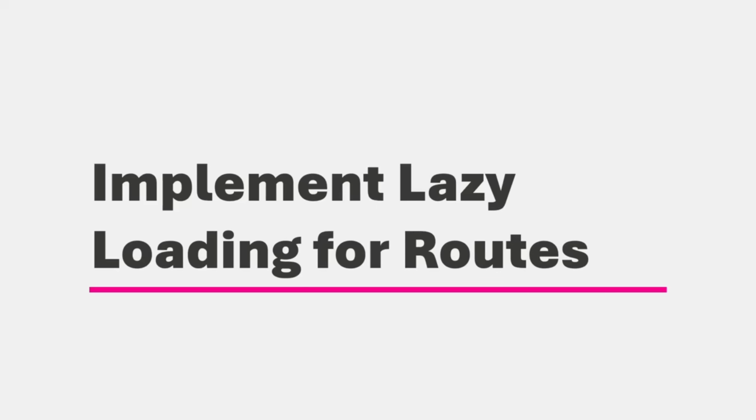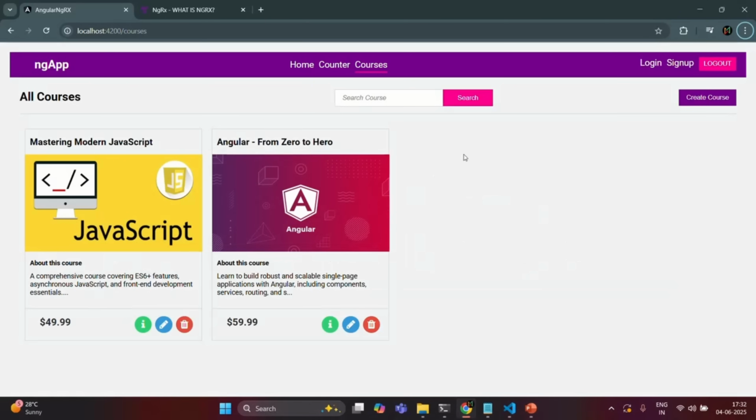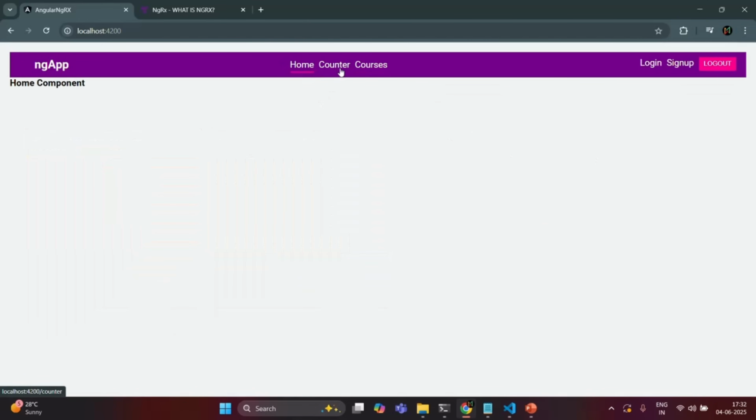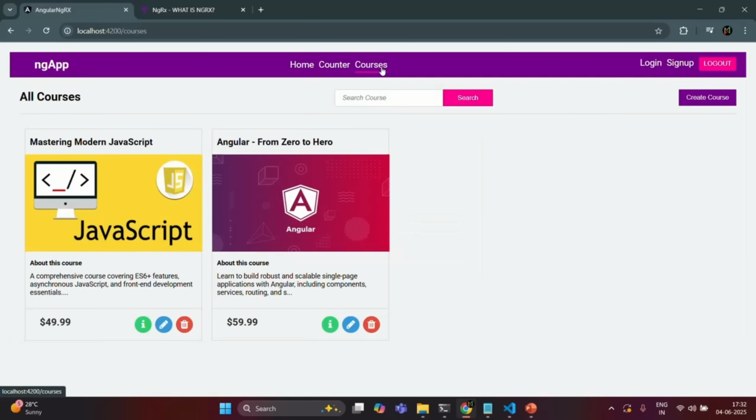In this lecture, we are going to work on implementing lazy loading for the routes which we have in our application. So if we go to our application, currently you will see for this application we have three routes. We have home page, we have counter page, and we have courses page. Also, whenever this application is initially loaded, all the files related to this application will be loaded during the initial